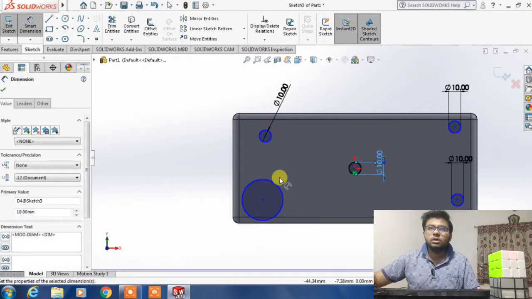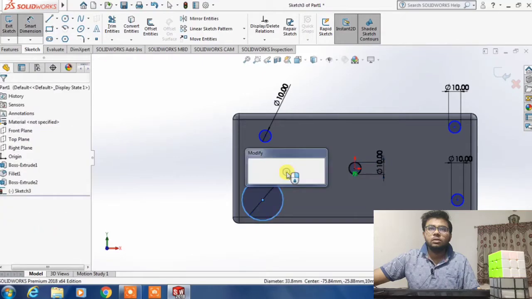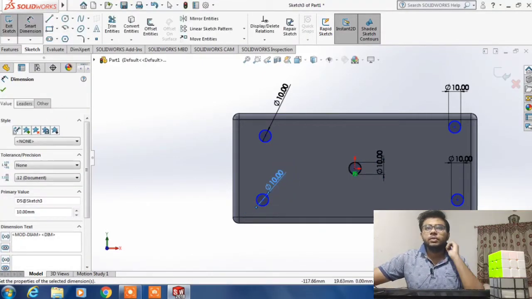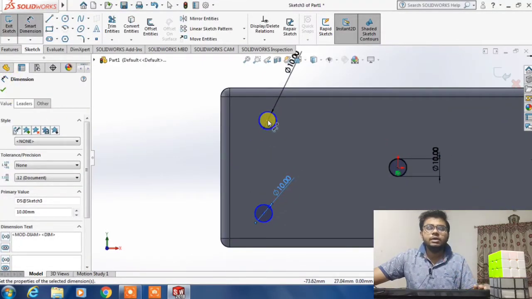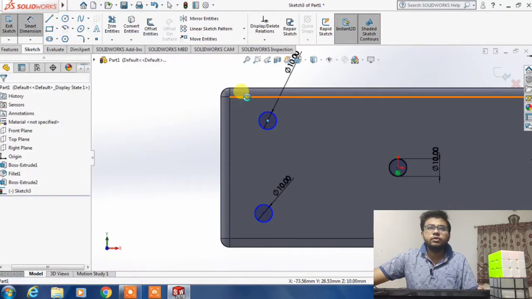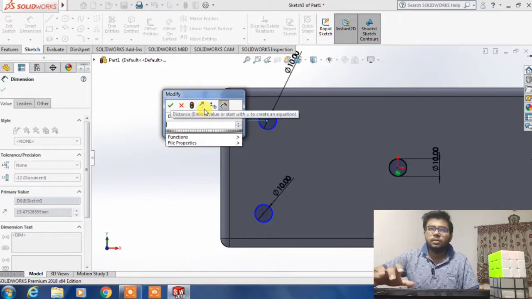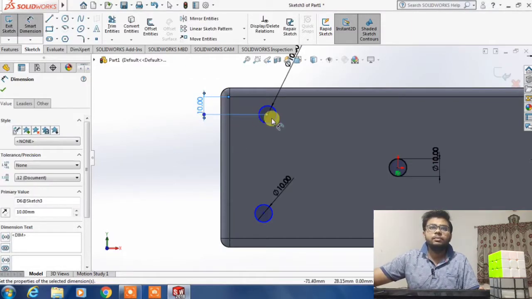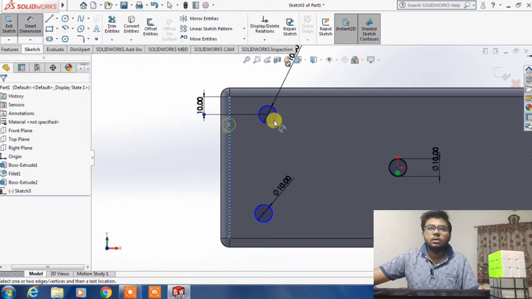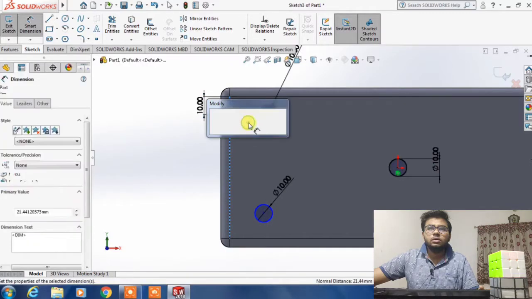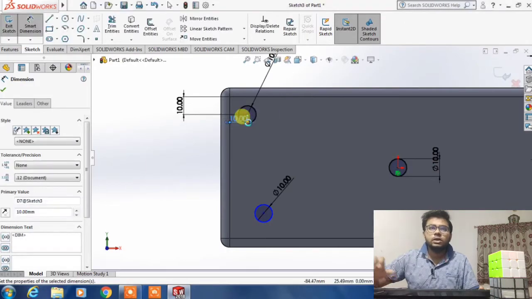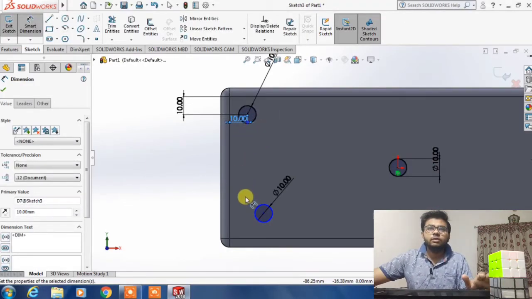This one 10 mm. This one 10 mm. So now simple, I will assign some relation, like from here to here the height is 10 mm. Now distance from here to here it is also 10 mm. So now it is fully defined.